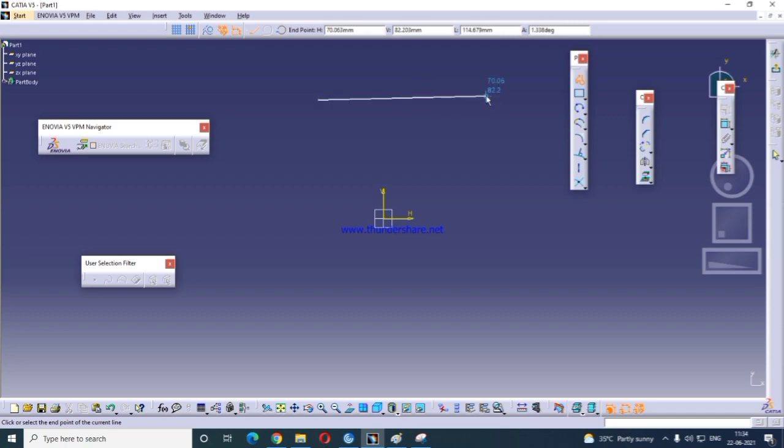We have a profile like this, symmetry. Both lines will become symmetric.